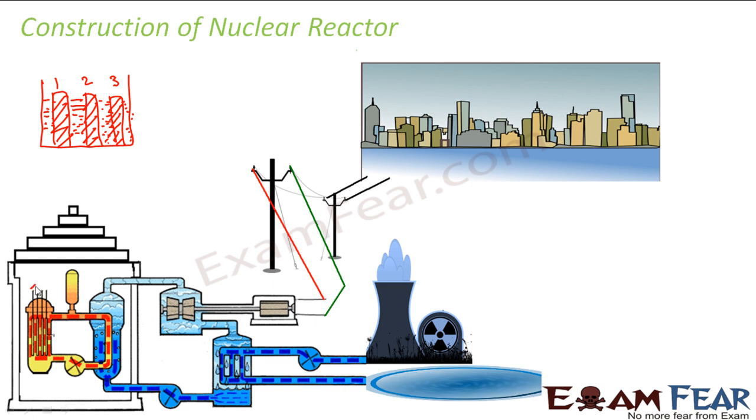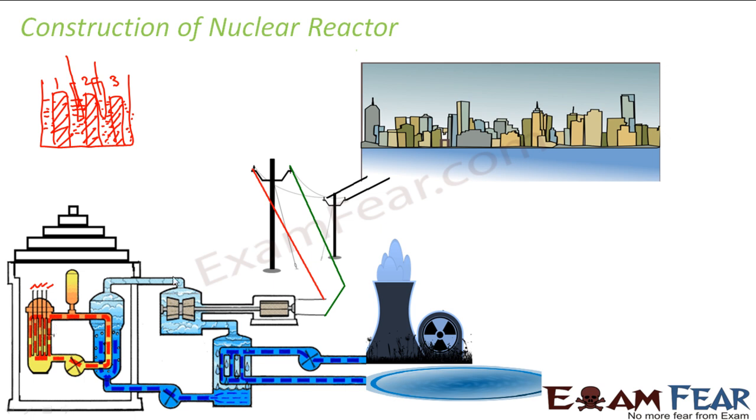So here if you see, these are the control rods. We insert control rods inside this. Now as soon as you insert the control rods, they will absorb all the neutrons which are present there. Now if all the neutrons are absorbed, there will be nothing which can initiate the nuclear fission reaction, and the fission reaction stops then and there. Right? So this is how the functioning takes place inside the core. In the core, the function is performed by the uranium cylindrical rod, moderator, and the control rods, right?